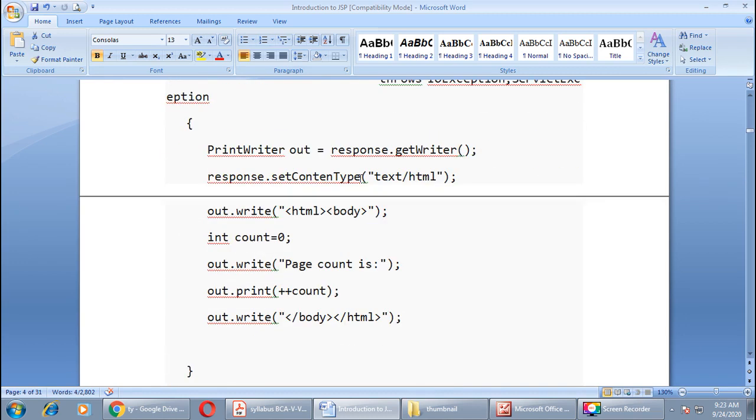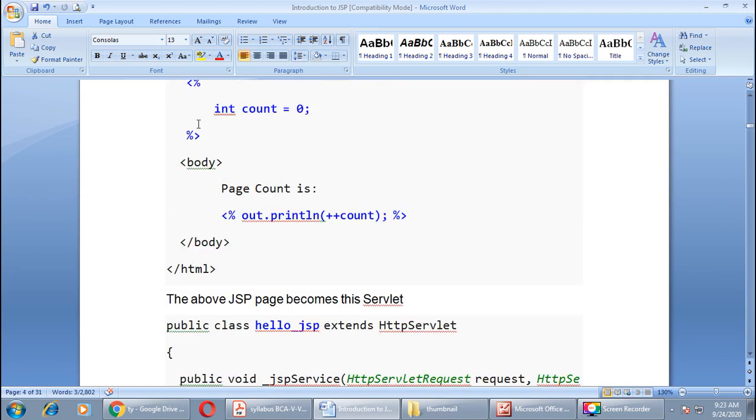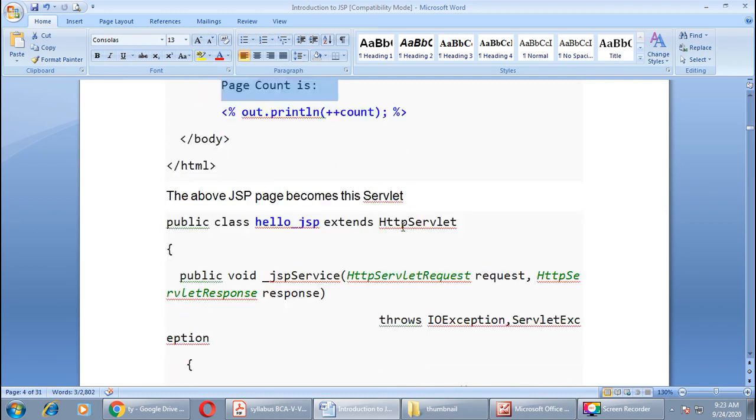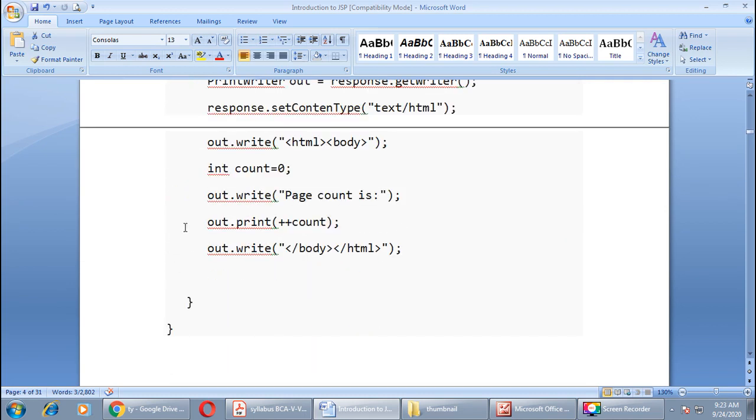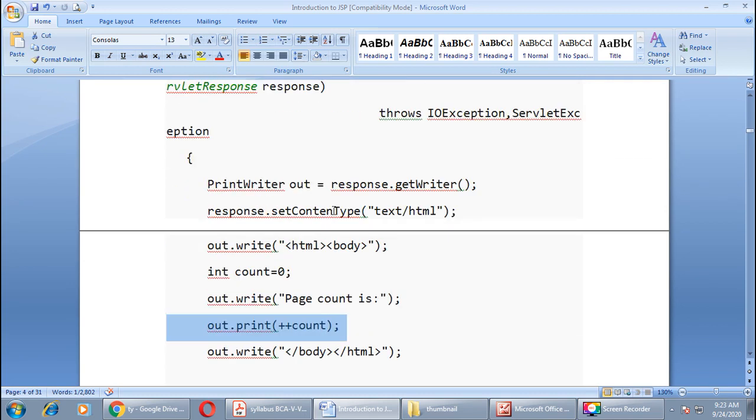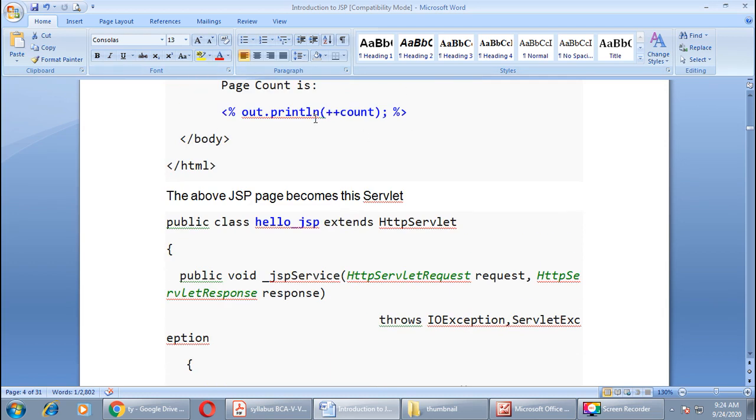Same here you can see. Then the label is placed. Page count is the same label you can find in your HTML file also. Here it is. Then out.print ++ count. This is again you can see over here, right?